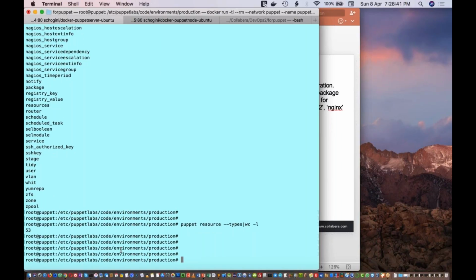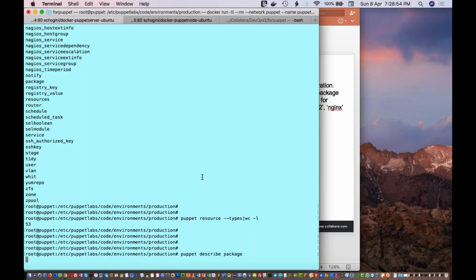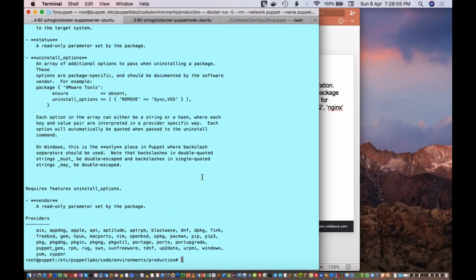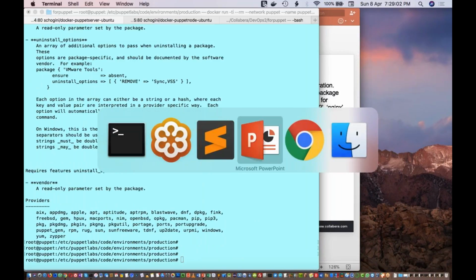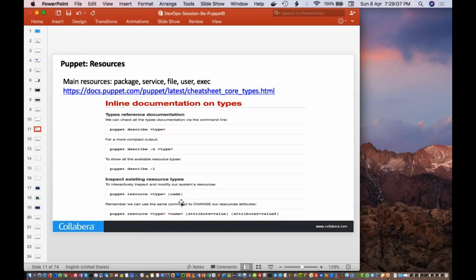Now if you want the details of a particular resource, like I showed you last day, you can use puppet describe followed by that resource type, and it will show you the details regarding that particular resource type and examples on how to use that. This is what I mentioned. You can use the describe section.